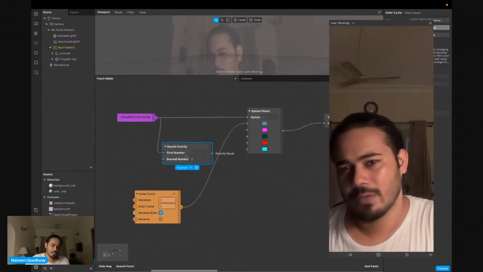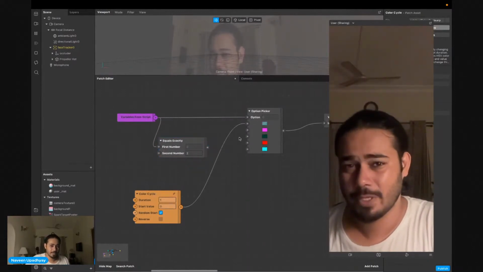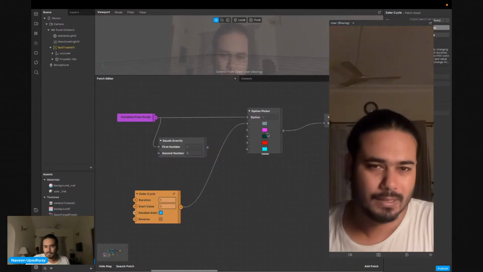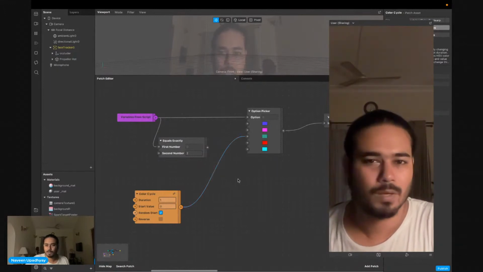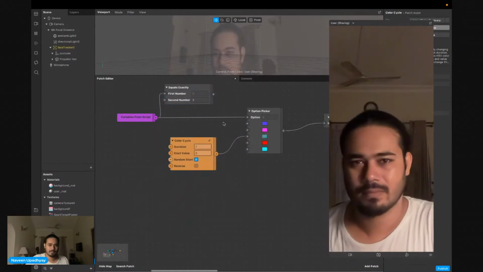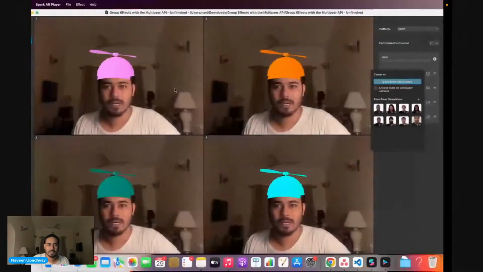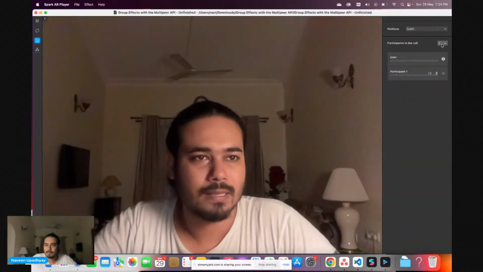See, you can use exactly 0 as well, just like exactly number 2. Exactly number 2 is this color. All right, this 0, 1, and 2, this is the color. So I can directly pass this to number 2. It's going to work for me. But let's use this condition for something else. Right now we just changed the color of one of the hats, and that's going to keep changing colors.